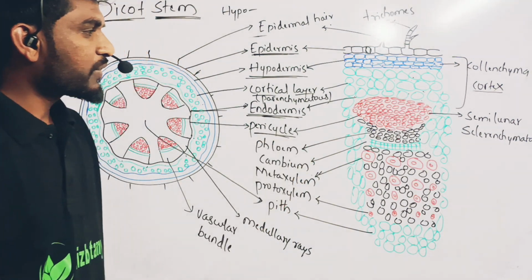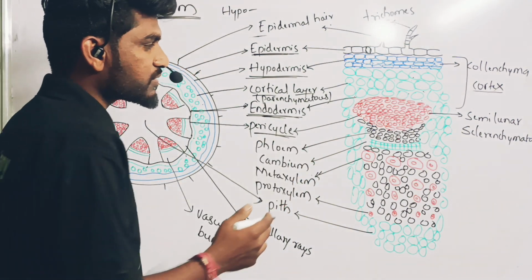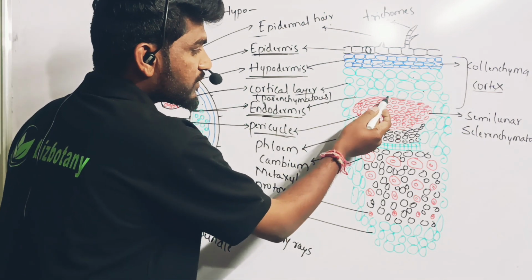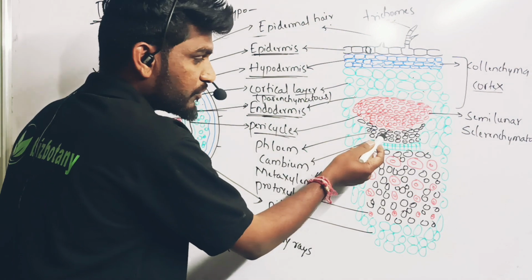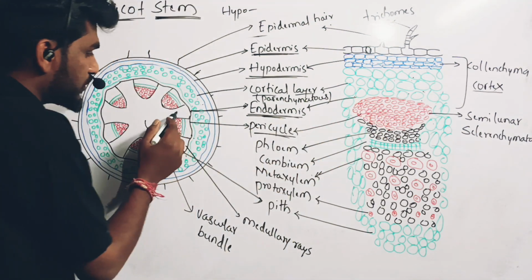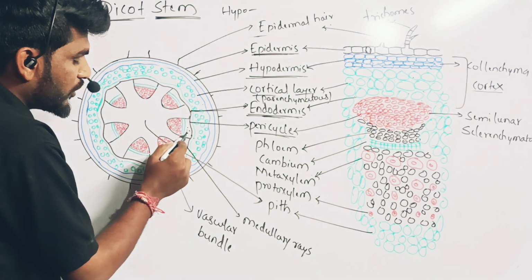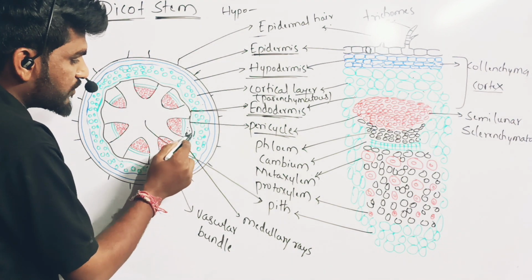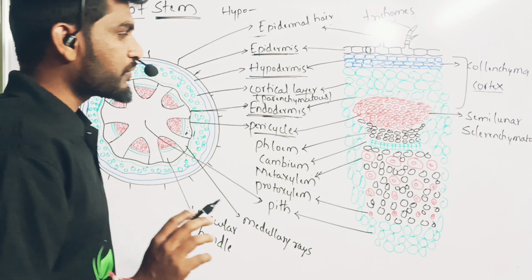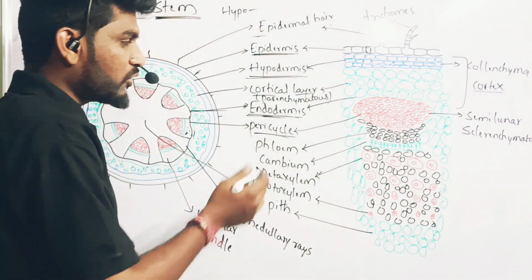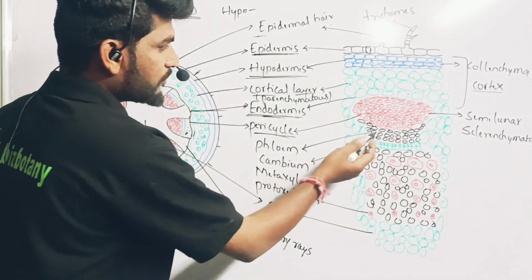Pericycle region is present in between the endodermal region and phloem. In between the phloem tissues and endodermis, you can see the pericycle. This is a phloem structure, and this one is the endodermis. Between endodermis and phloem, we have the pericycle tissues. Below the pericycle,